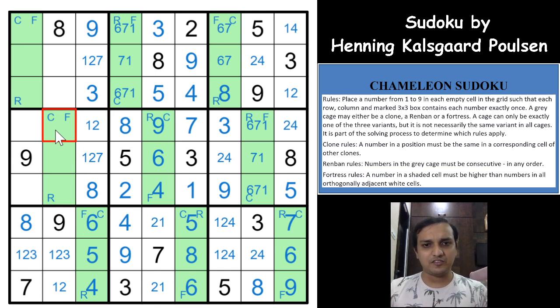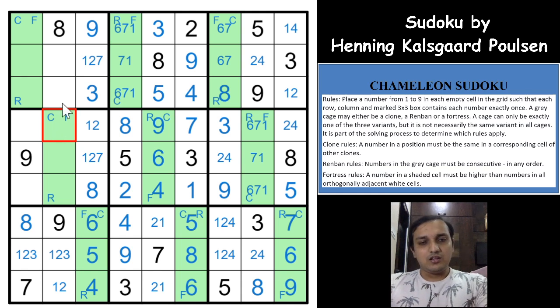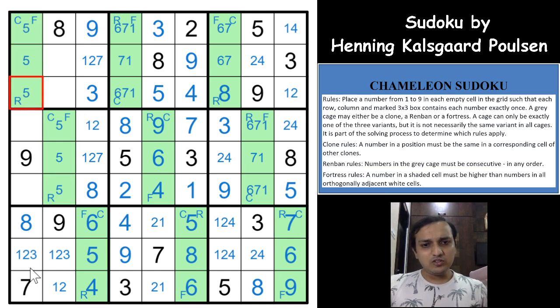3 4 5 6 7, which means that in any case 5 has to be in one of these 3 cells, right? Which means that 5 has to be in one of these 3 cells, and because of a 7 here, the next digit which is for sure will be a 4 here, right? So without using 4, you cannot have 3 consecutive digits in this region, and not even using a 7. So you can only have 6 and 5, which means 4 has to be here,